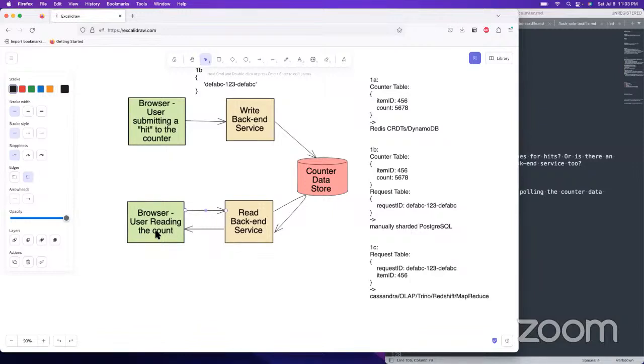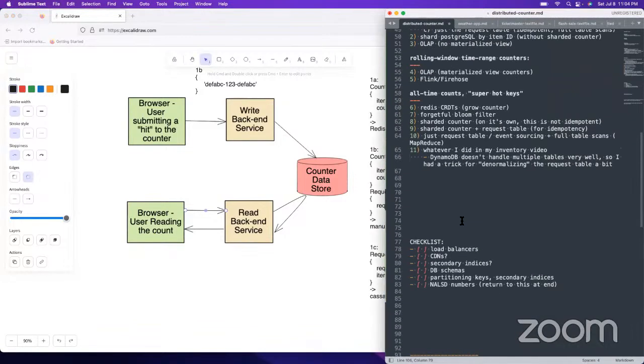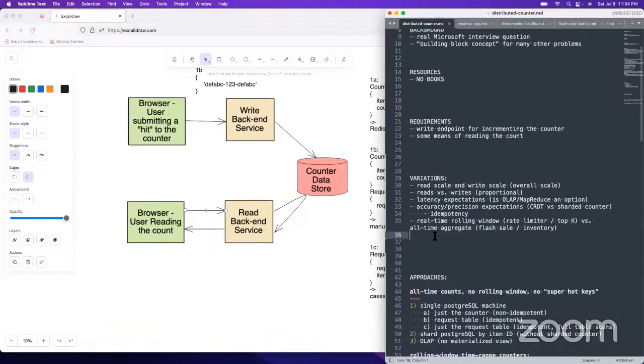That is actually a variation I didn't really consider, push style updates to the count, which could be a fun variation in some cases. I'm actually going to record that under variations. I'm not going to try and draw that out today probably, but that would be fun.